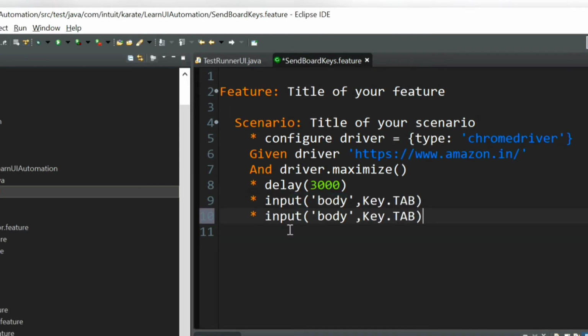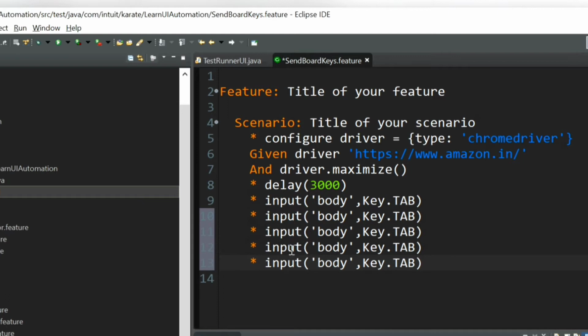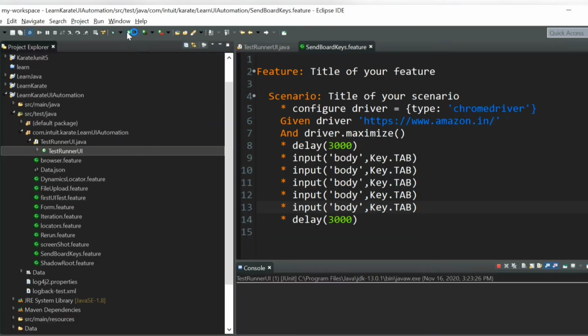We need to do this action 5 times, and at the end we can give some delay and we'll see if the search box is highlighted.